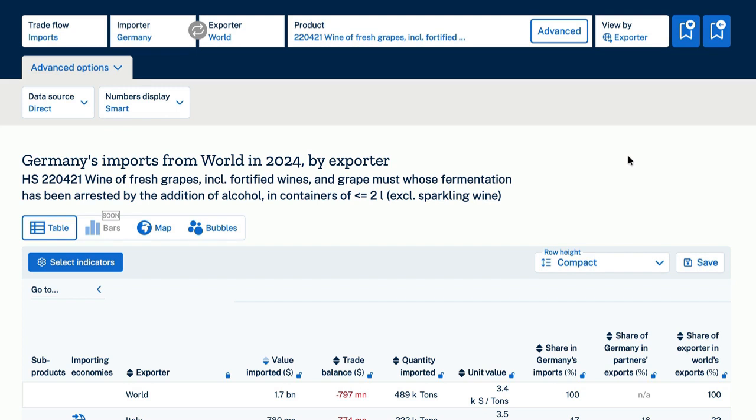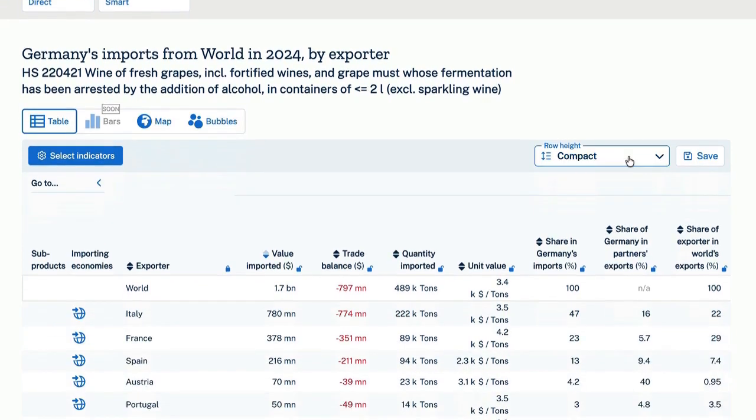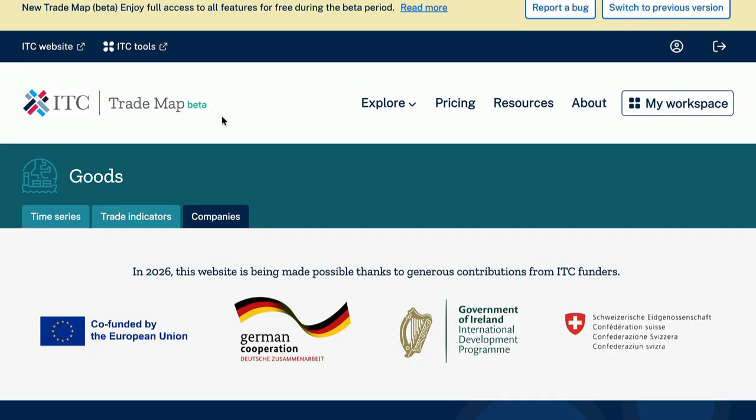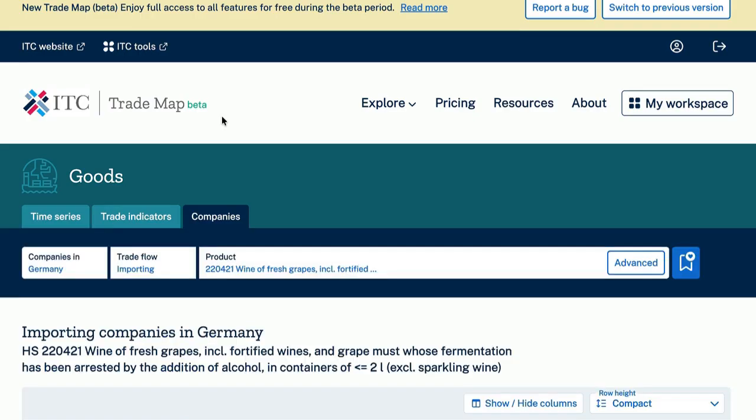Okay, so up to this point, nothing is new compared to the previous version. Also remember another tool, just like in the previous version, which is the companies feature. If we click on companies, we will find the companies that imported to Germany from the scenario in the year we're looking at, which in this example is 2024, and this is going to be very interesting. First, it's not for everyone. Only for developing countries and for the 27 member countries of the European Union, since the European Commission has paid a good amount of money so that we have access to that information.